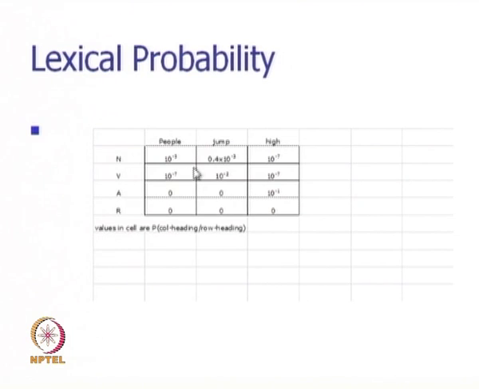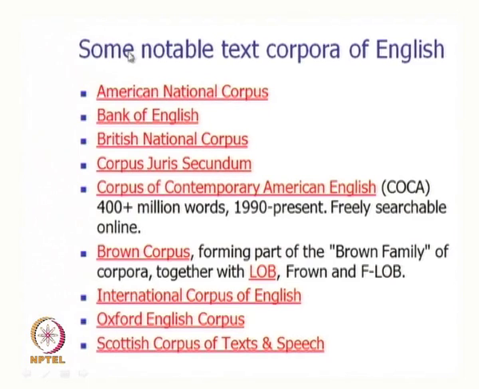Okay. This is the way it is computed. I suppose it is quite clear. So, at each cell we compute the probability by making observations on this count. Now, we have been mentioning many times that we have to make use of the annotated corpus, and some of